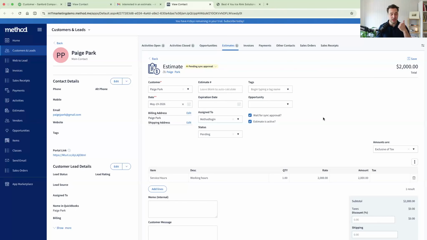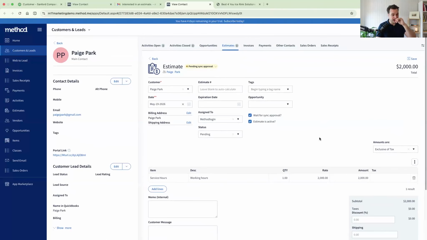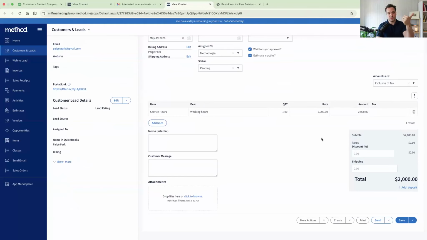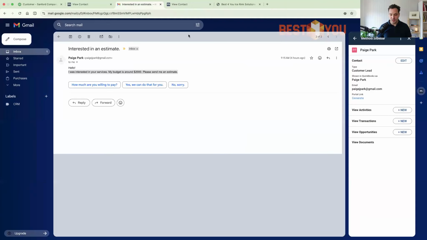Yay. But we 100% will go way deeper into the sync, specifically as it pertains to sending proposals, estimates, invoices, getting paid, that entire workflow. Today's session is focused on leads, and Errol, you've just gone through the different ways to get leads into the system. You can add them manually. People in the field, maybe out talking to people who are trying to become customers, could add them manually through other devices. It doesn't have to be a computer. You can upload them as an import, and as Errol just showed you, you can connect your Gmail or Outlook and get them into the system that way.